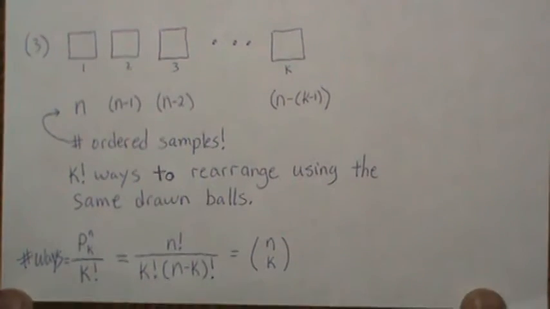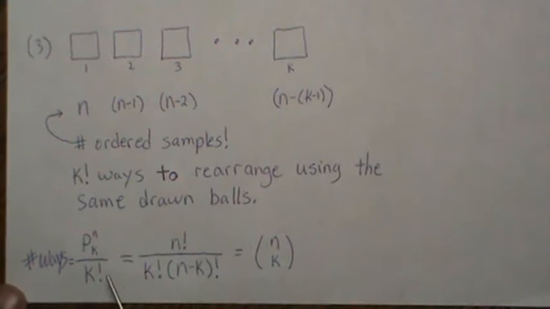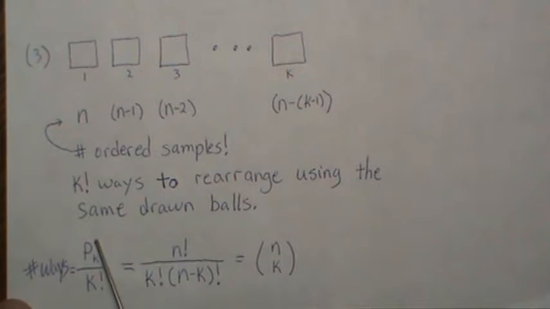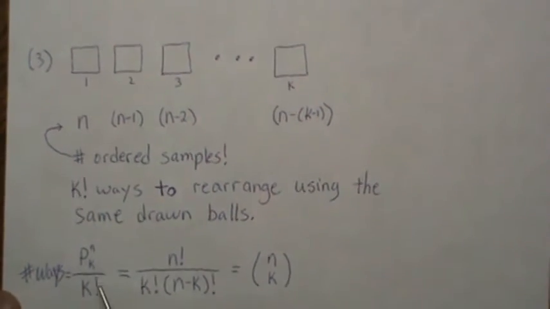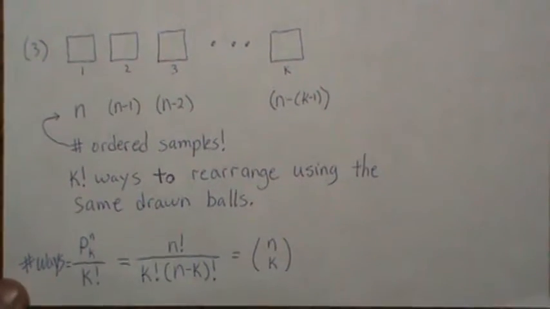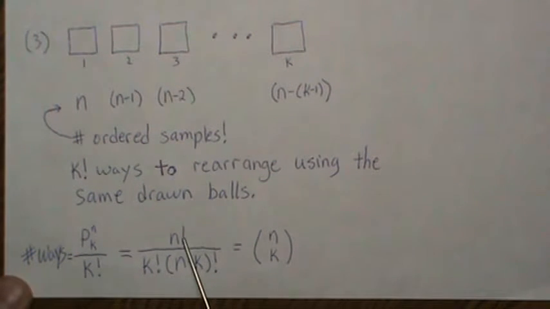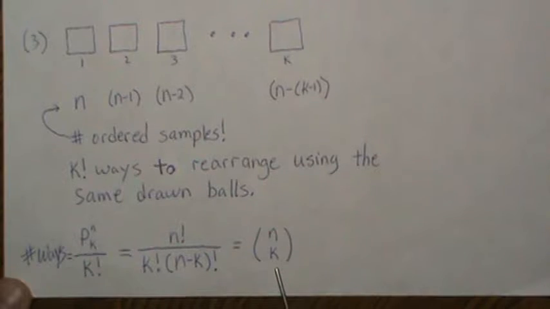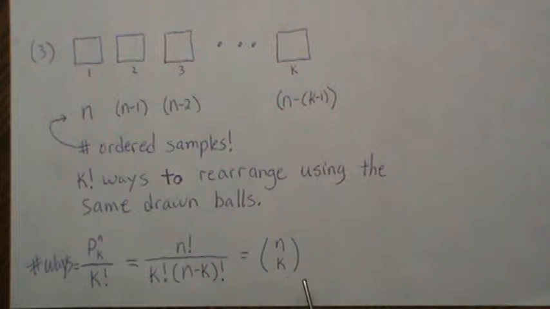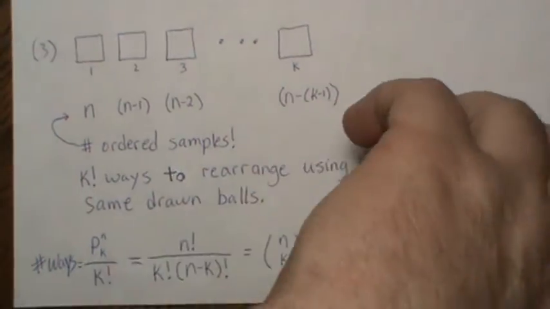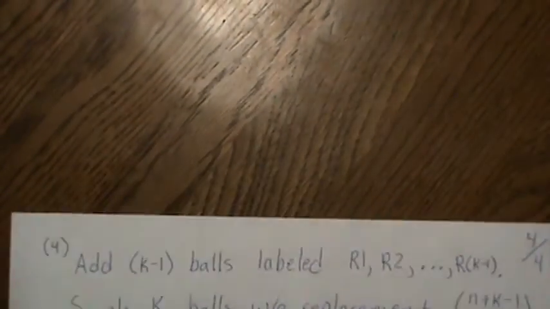Okay, so what that says is the number of ways to draw these balls is permutations n choose k, but divide out the number of duplicates, which is k factorial. And then n factorial over n minus k factorial is permutations, n choose k, and we're dividing out the duplicates. Well, this formula is what we set out to prove, and this is often called combinations, n choose k. Now this next proof